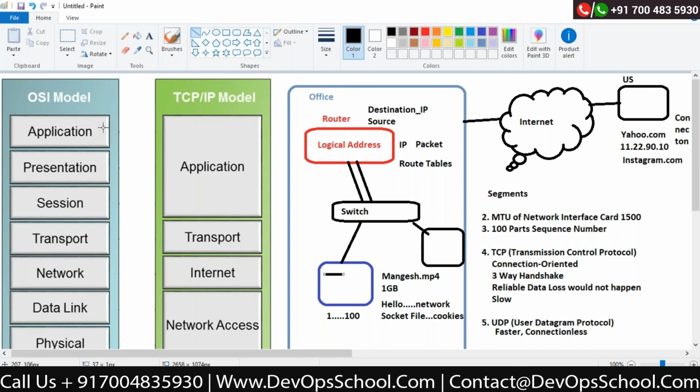The presentation layer handles whatever encryption is required, whatever data compression is required, and whatever data representation I would like to show to the other machine. For the session layer, before the application data is transferred, the session should be created first.